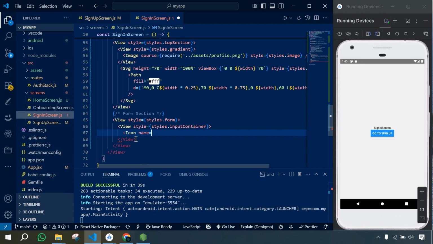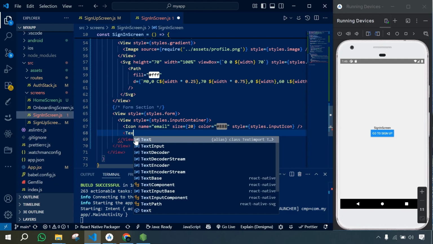So Icon name equal email, size will be 20, and then color equal #888, and then style equal styles.inputIcon, close the tag, and then here we will use TextInput,